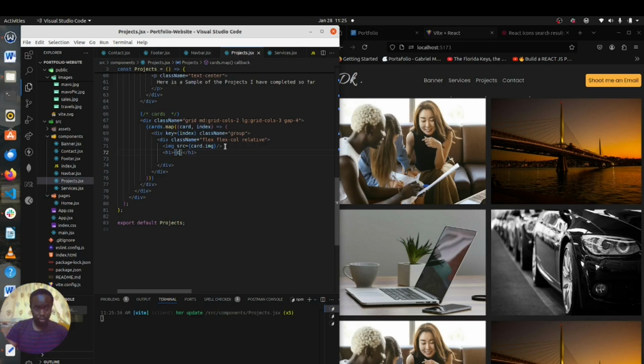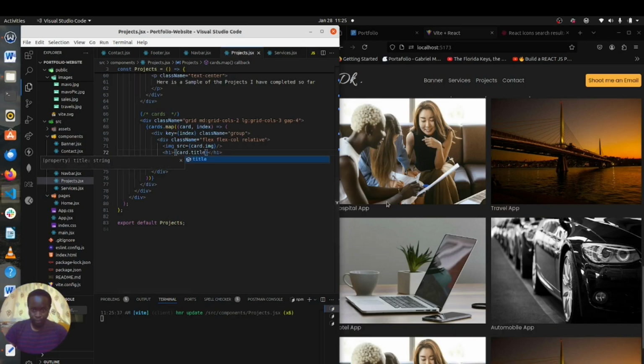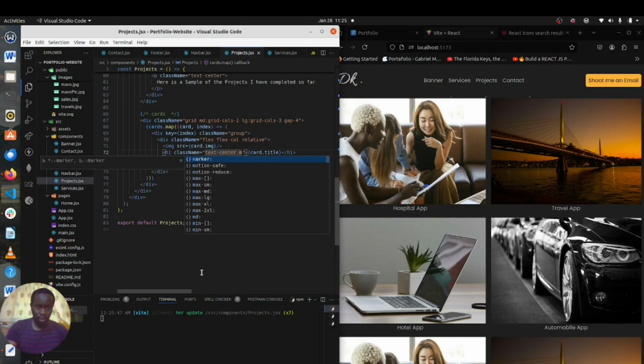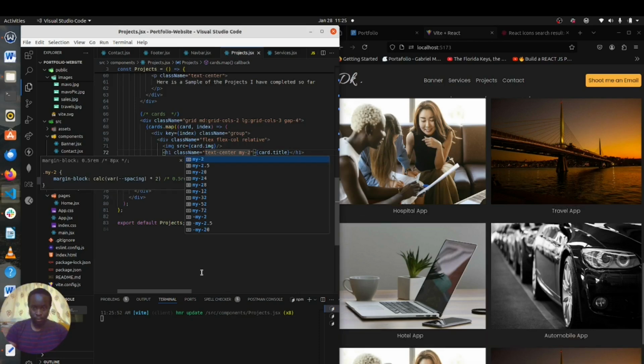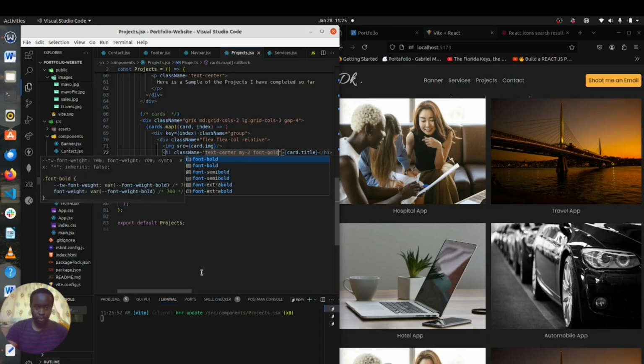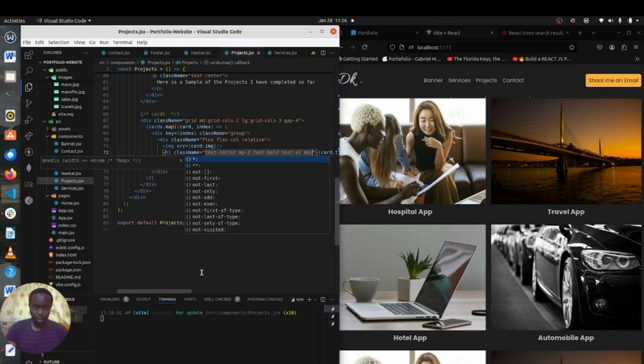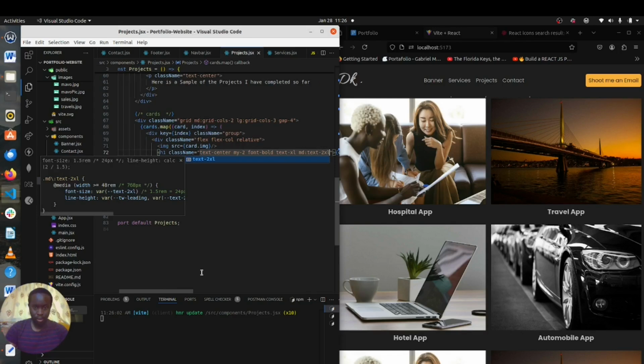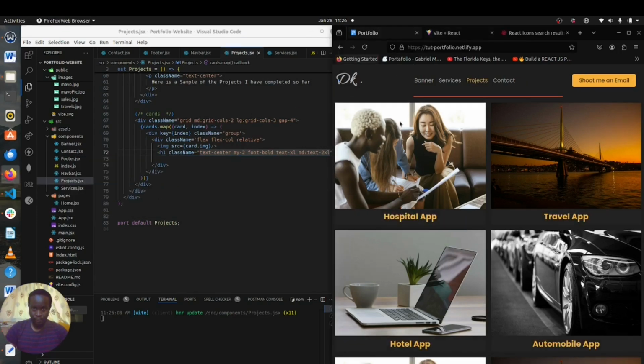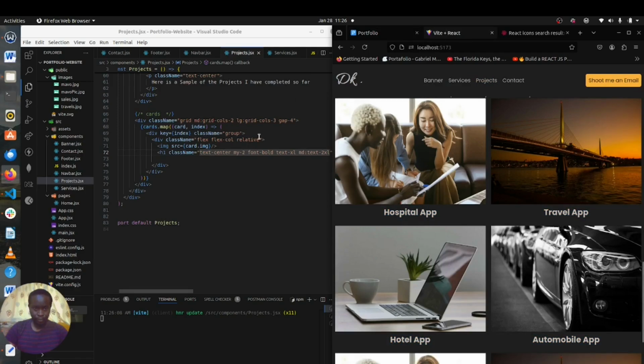For the card title, we have it text center to text. Yeah, select